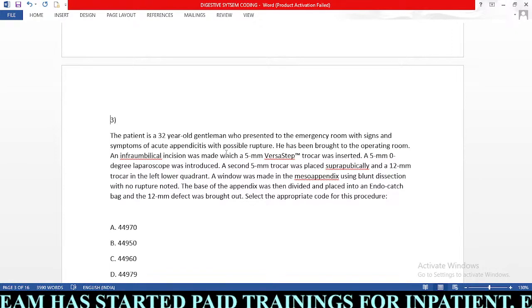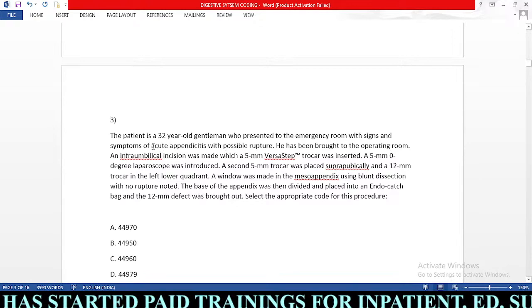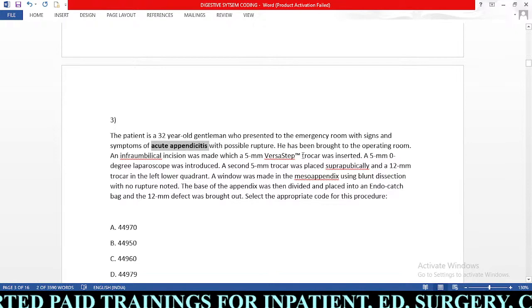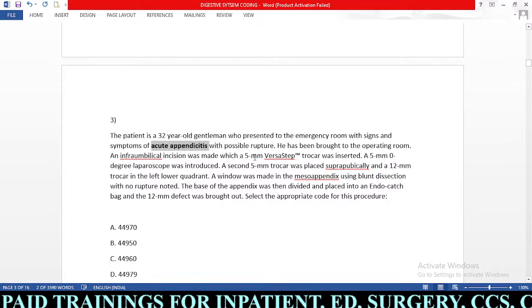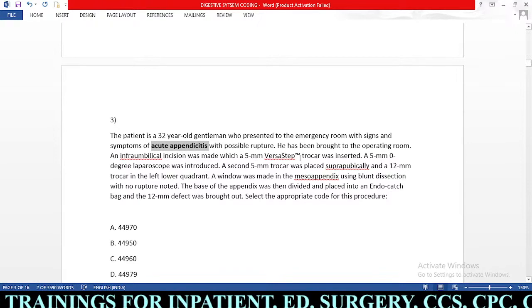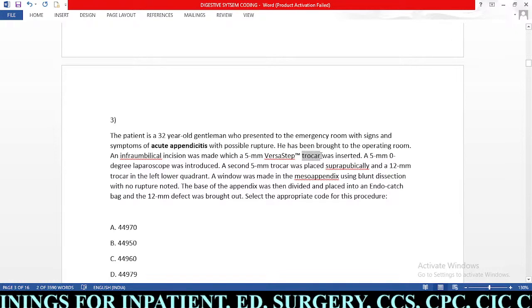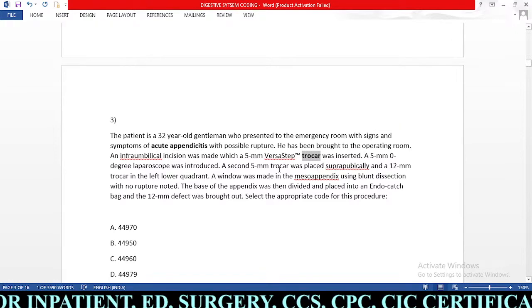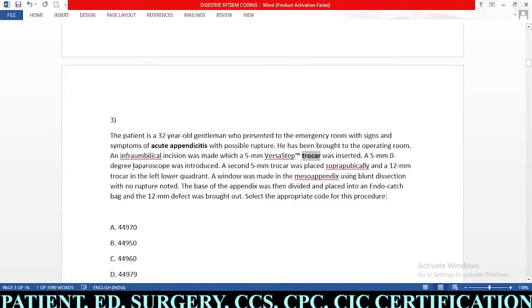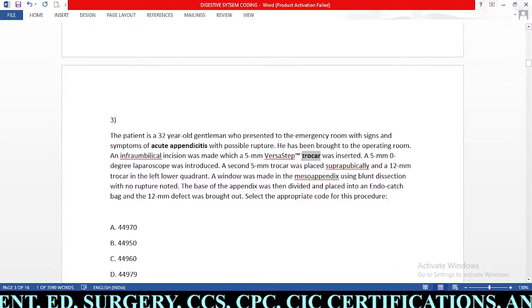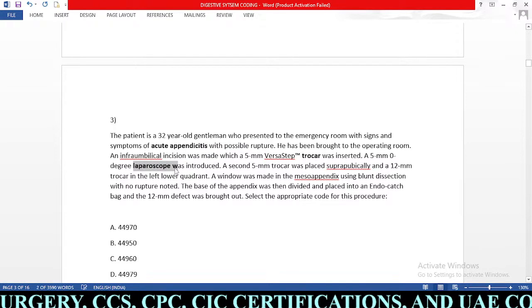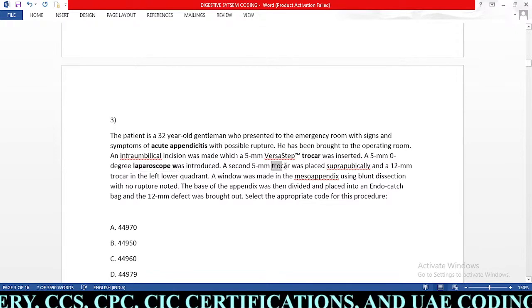So here we will discuss the answer. Here the patient has acute appendicitis. So inflammation of appendicitis, operating room, anesthesia, versus step trocar. Whenever you see trocar, you need to identify that it's a laparoscopic procedure. If you don't find the laparoscope word, you need to find it using the port or trocar. So it is a laparoscope anyway, they have mentioned. So here also they have mentioned trocar,